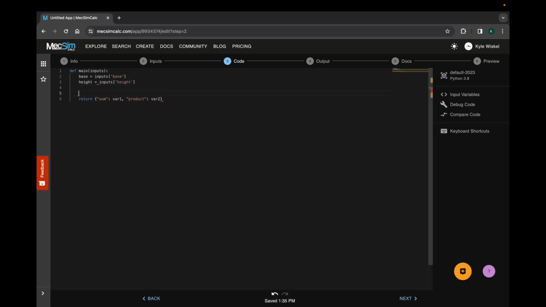In our app, we want to calculate the area of this right-angled triangle. To do so, we can simply calculate this in Python, which is base times height times 0.5, or base times height over 2.